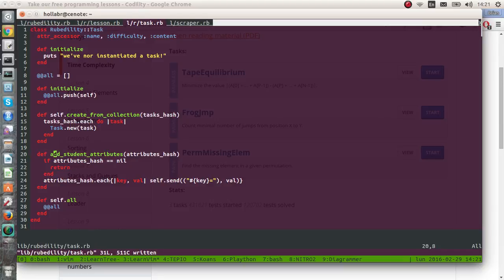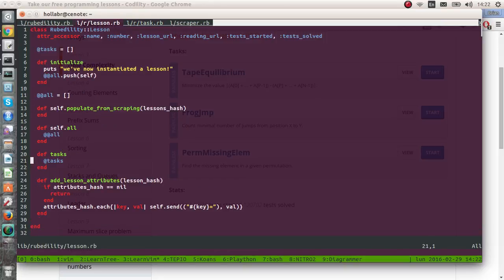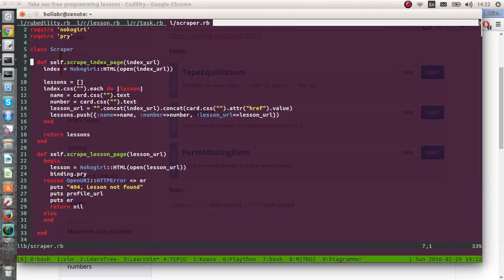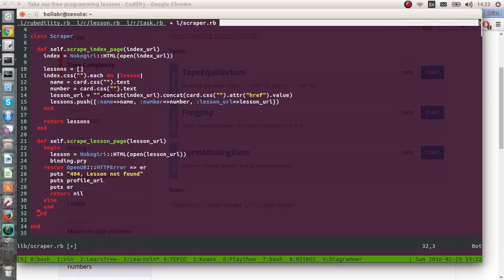Add task attributes if attributes hash isn't nil. This is for if the scraper gets a 404, it's scraping the lesson page. Yeah, okay, so we're scraping the index page, we're scraping the lesson page. So that means we're going to have a